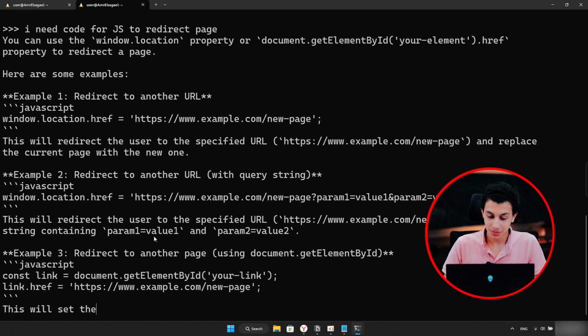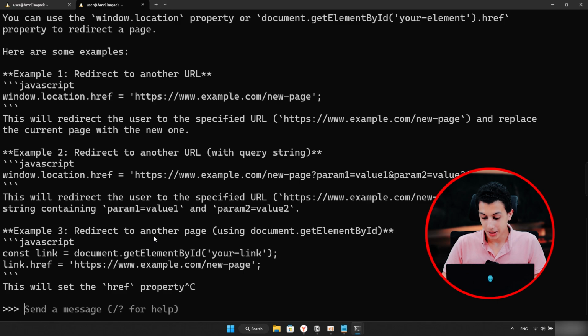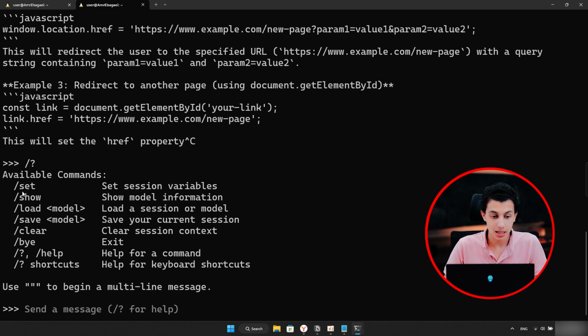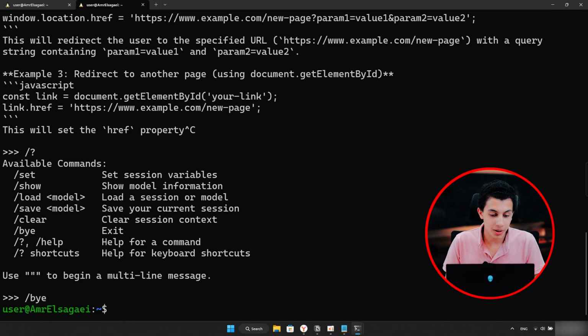Because actually I don't need it anymore. Right here, if you just write that and hit enter, here you can set session variables and show module information using the show command and much more. But the most important thing right here is the bye command, and that means, thank you Llama, I don't need you right now. So using the AI in your terminal is really cool, but what's going to be more cool is to